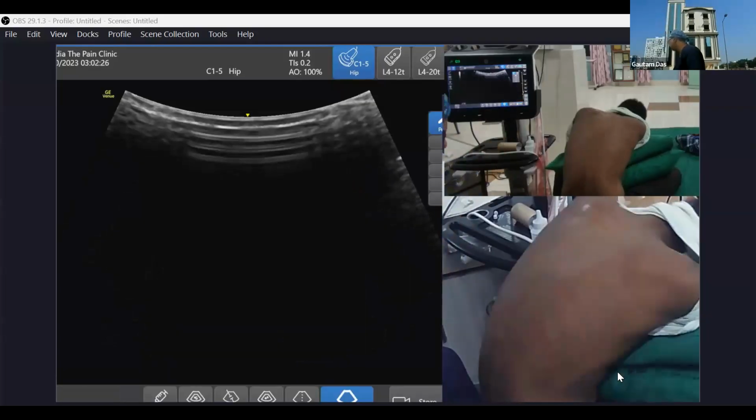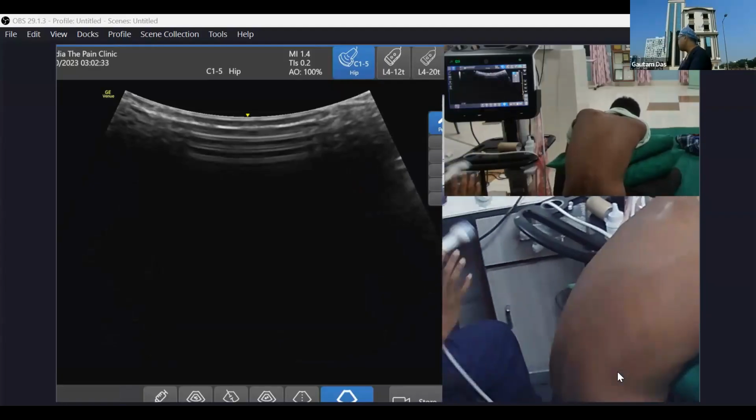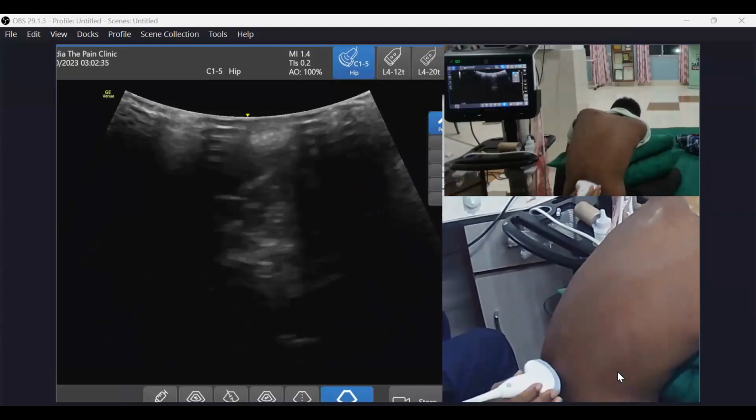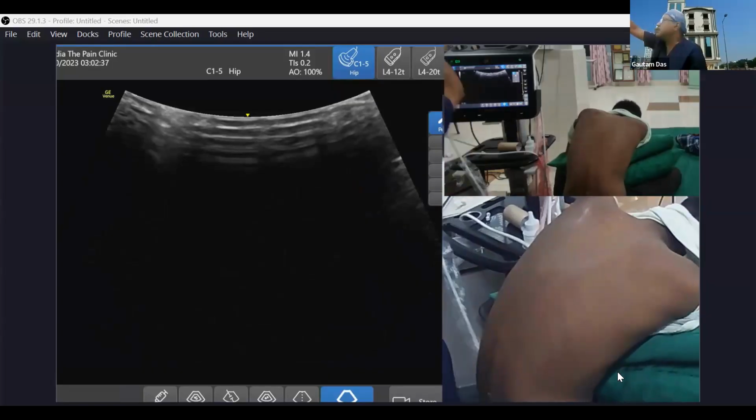I'm coming a little more down. Let me show the SI joint. Okay, the SI joint I'll be showing you later on. This is the short axis. For the short axis, I'll be taking the